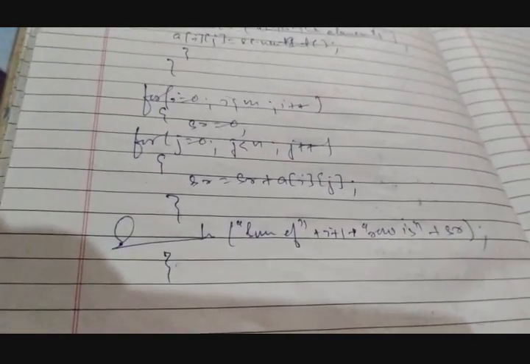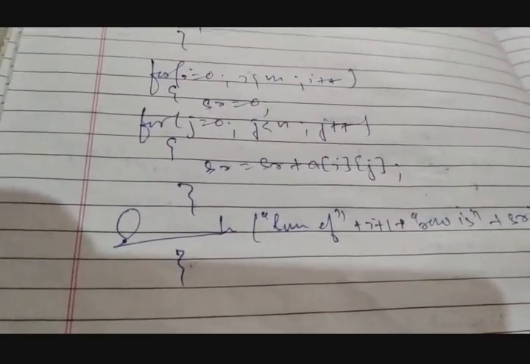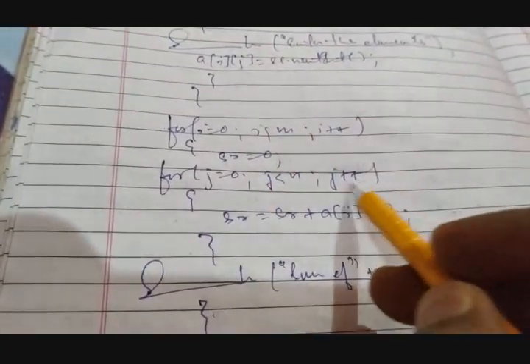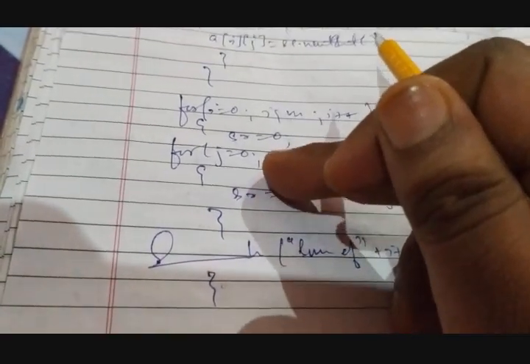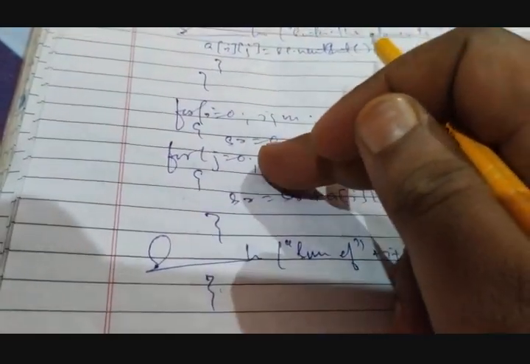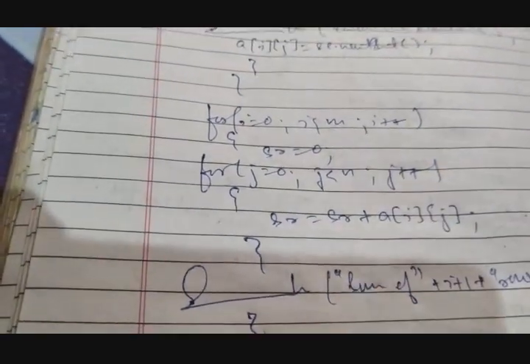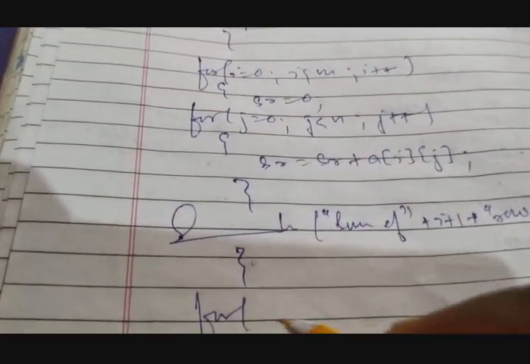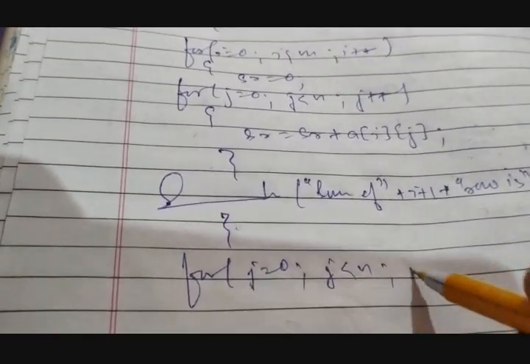So you got the sum of row, not column. Here i is constant and j is moving, so you got the row. Now what we will do, we will place the j here and i at the bottom, and we will be running it. So for j equals 0, j less than n, j plus plus,